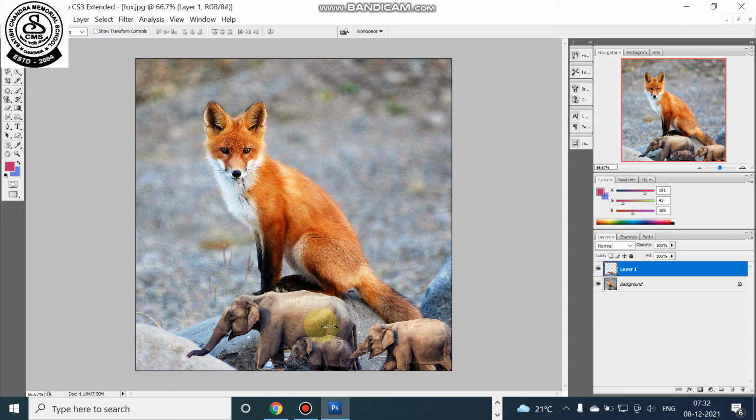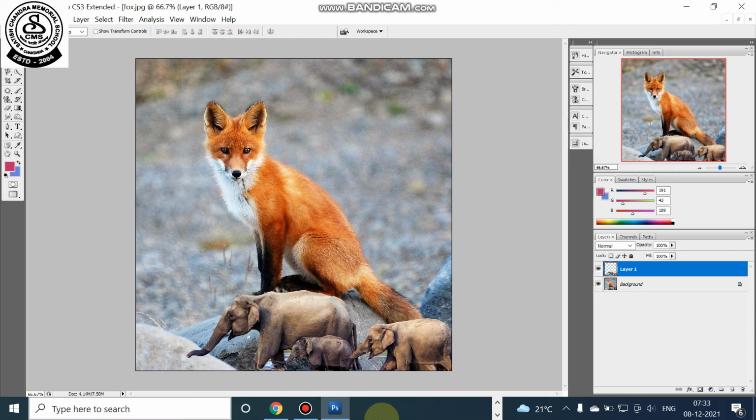It's looking like this: the elephants are moving through and the fox is staring at the elephant. So this is a very interesting part of Photoshop where you can cut a particular part of an image and paste it into another image.